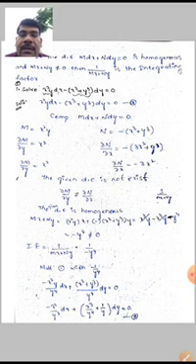Multiplying the given differential equation by minus 1 by y to the power of 4, the equation goes to the form: minus x square y by y to the power of 4 dx plus (x cube plus y cube) by y to the power of 4 dy equal to 0. That is, minus x square by y cube dx plus (x cube by y to the power of 4 plus 1 by y) dy is equal to 0.